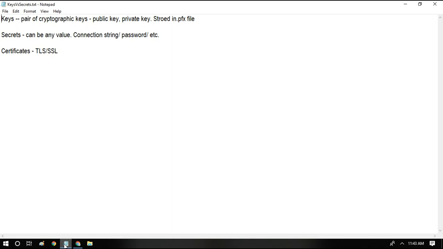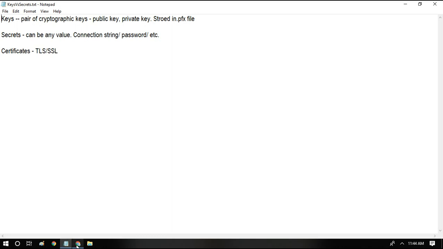Okay, and third thing, certificates. Normally when we visit a bank website, right, we'll be looking at the certificate which is present over there in the green icon. Okay, so that gives us the confidence to use the website. Okay, it's not unsafe to use the website. So from certificates we get to know about the authenticity of the website. So those kind of certificates can also be generated or used or kept secretly in the Azure Key Vault. Okay, so basically Azure Key Vault is a kind of entity which holds keys, secrets and certificates.